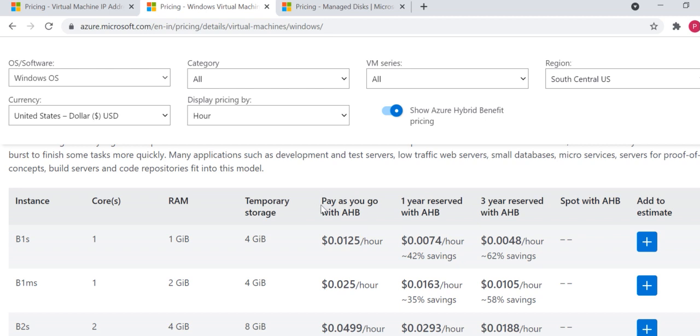So here we can see that we have the option pay as you go. What does it mean? Pay as you go means we are paying only for our usage. How much we use, we will pay only for that. So take an example. We have a free Azure account and we are choosing a configuration which is not a part of the free tier. So if we are choosing this configuration, then we will be having some charges associated with this configuration.